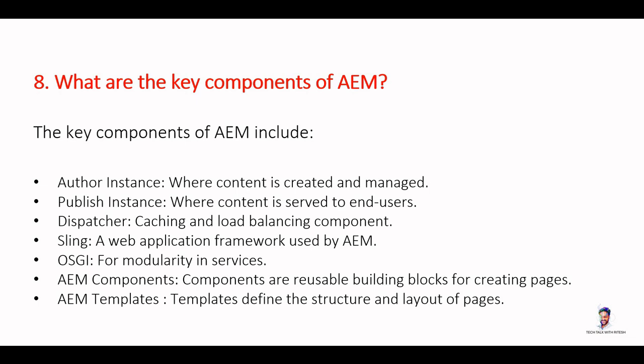And caching, we know cache, we want to cache the data so that each time I should not go to the server to serve the content. If the content is already there in the caching, then instead of the server, the request will be served by the caching because the data is already there, right? Load balancing means if there are multiple publish servers, maybe 1, 2, 3, there are 3 servers,